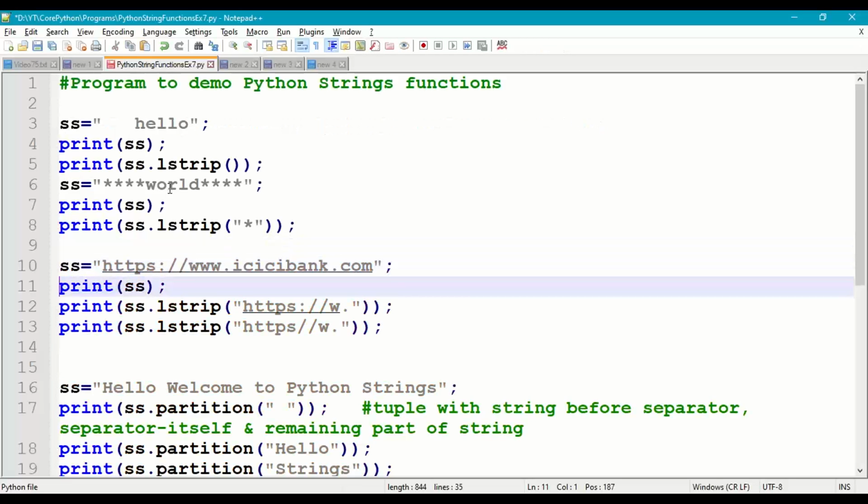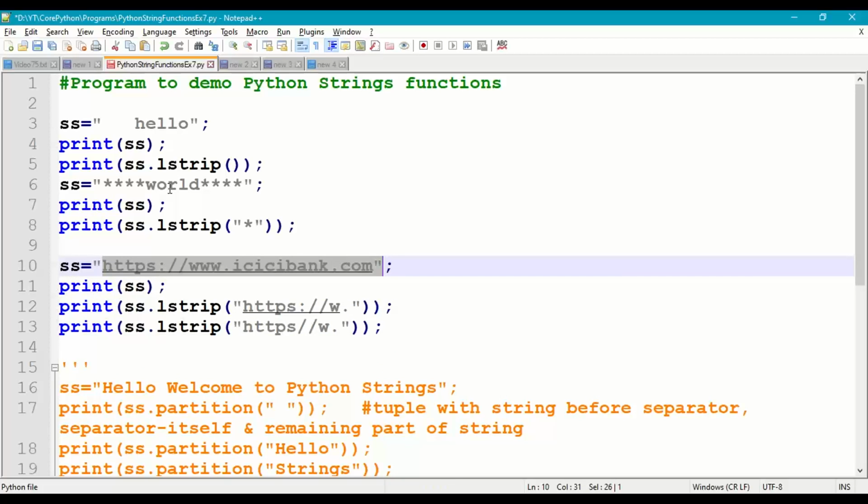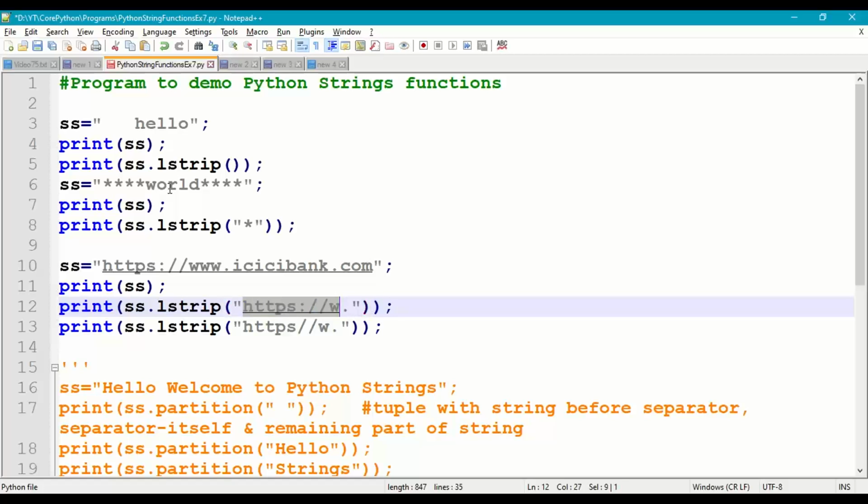Next, coming to ss = https://www.icicibank.com. So print ss, it will be printed as it is. Next, ss.lstrip(). I want to remove https://w. Okay, so w. means till the non-occurrence of a matching character, it will do the stripping from the left side. Individual characters will be matched: h, t, p, s,